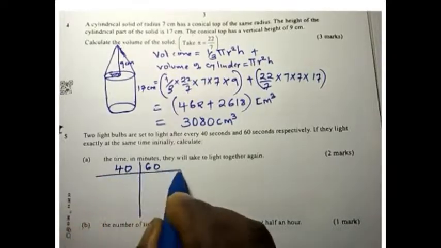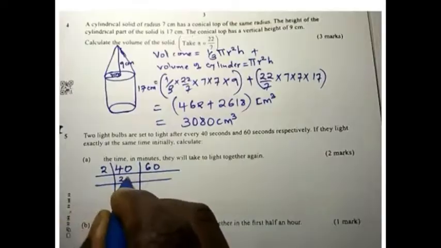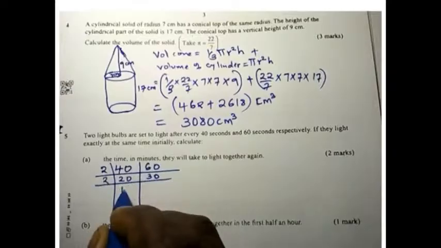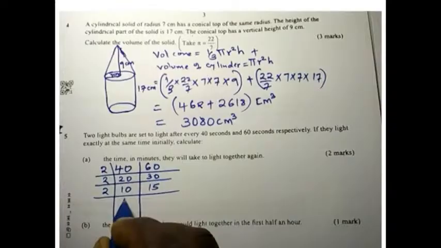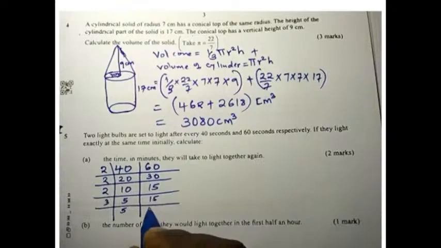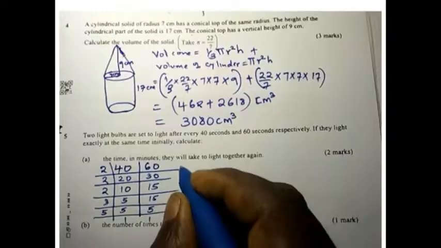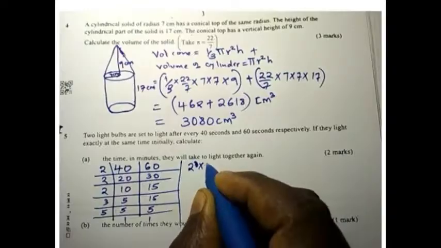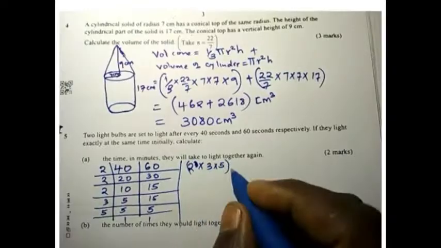We find the LCM. We start with 2. This one is 20, 30. We go 2 again. This is 10, 15. 2 again, 5, 15. We go to 3, 5, 5. We go to 5, 1, 1. So it will take 2 cube times 3 times 5 seconds to light at the same time